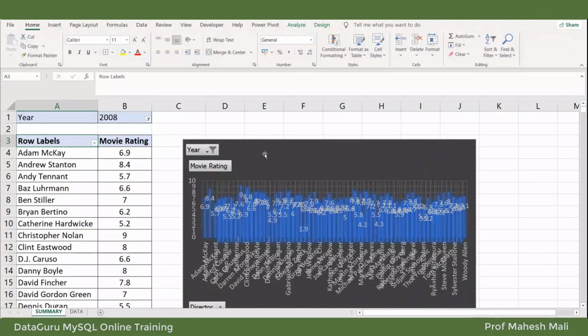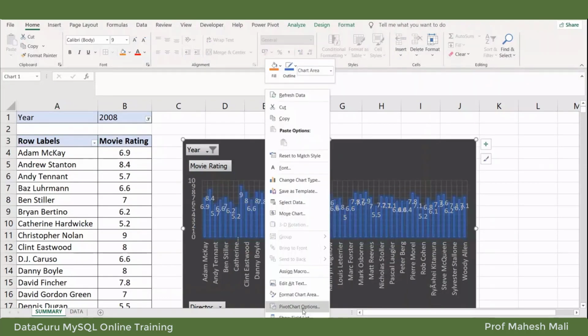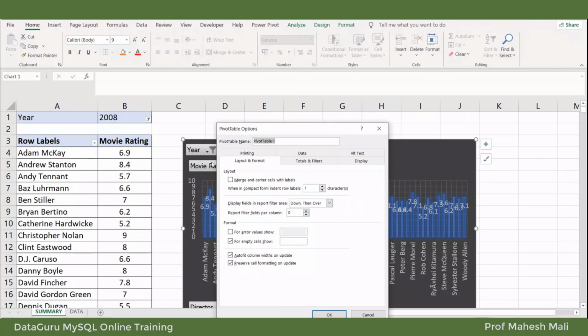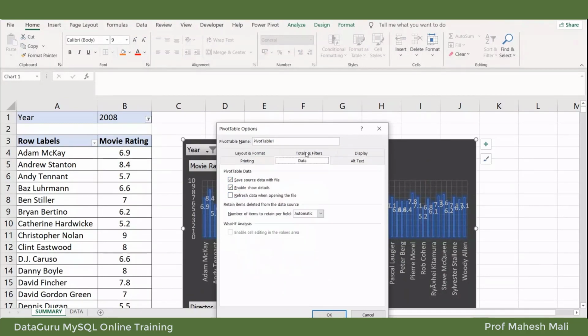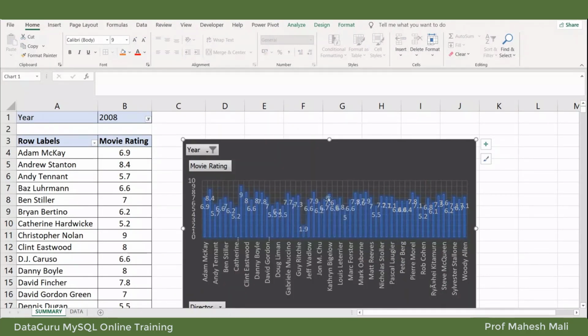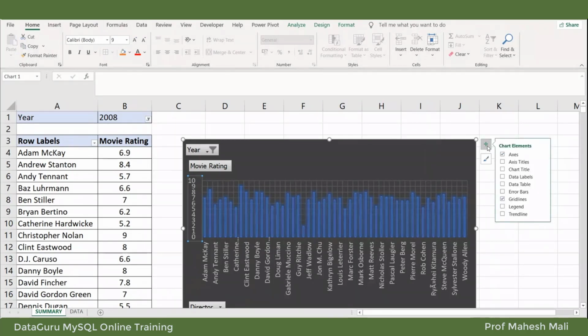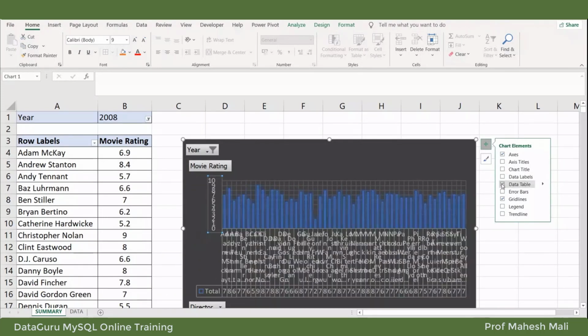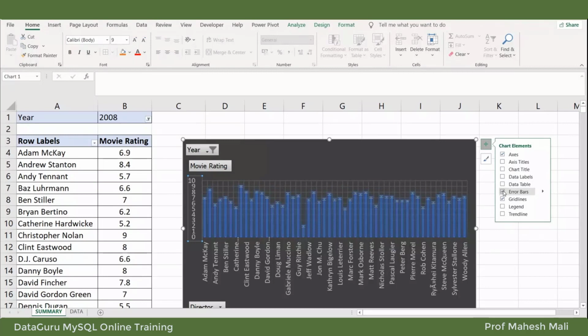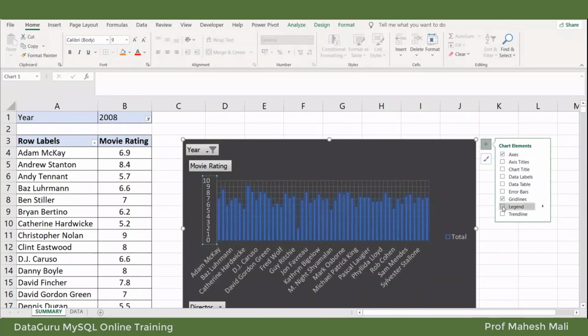So this is what are the options given. Okay, so all these things you can utilize, you can delete if you want, and based on your requirements you can basically go for the edit option. ठीक है, यहाँ पे प्लस ऑप्शन है. If you want to put a data label, देखो डेटा लेवल आ गया. Data table अगर दिखाना है तो ठीक है, error bars, legend if you want, मैंने निकाल दिया था वो.